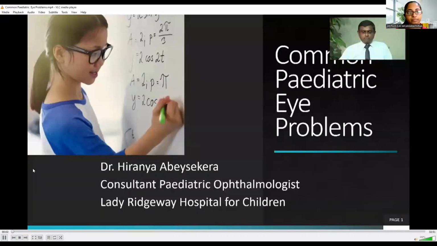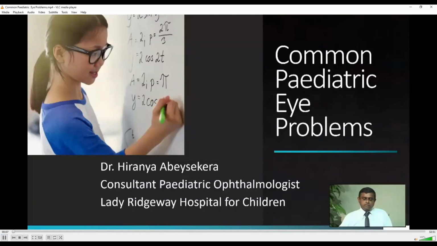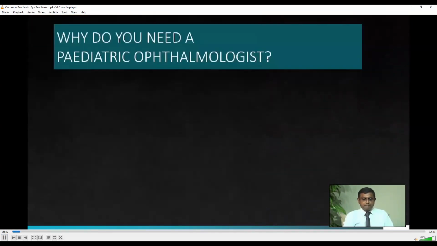Over to you. So, this topic about common pediatric eye problems will be practically important for a lot of doctors. Maybe you are working in an OPD, maybe you have just qualified and you want to start a private practice. Kids might come with eye problems, and you may be the first contact. So, you should know particularly when to refer and when to treat. So this is a guide for main pediatric eye problems you would encounter in your practice.